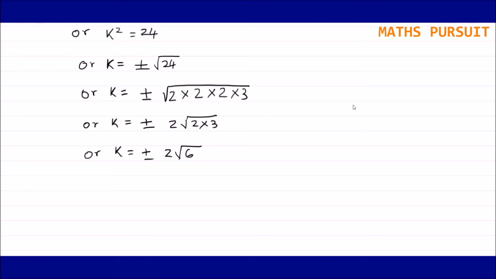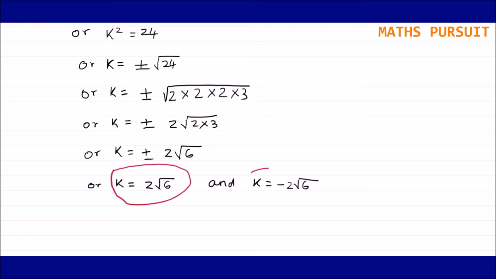So guys, what we got? We got two values of k here. I can write the two values of k: one is k is equal to 2 root 6 and the other one is k is equal to minus 2 root 6. Either of these two values is possible in this case. So guys, this is the answer. This is what we are looking for, and you could see that we got two values of k like this: one is k is equal to plus 2 root 6 and the other one is k is equal to minus 2 root 6. Hope guys you understood this calculation. This is very simple and very straightforward.